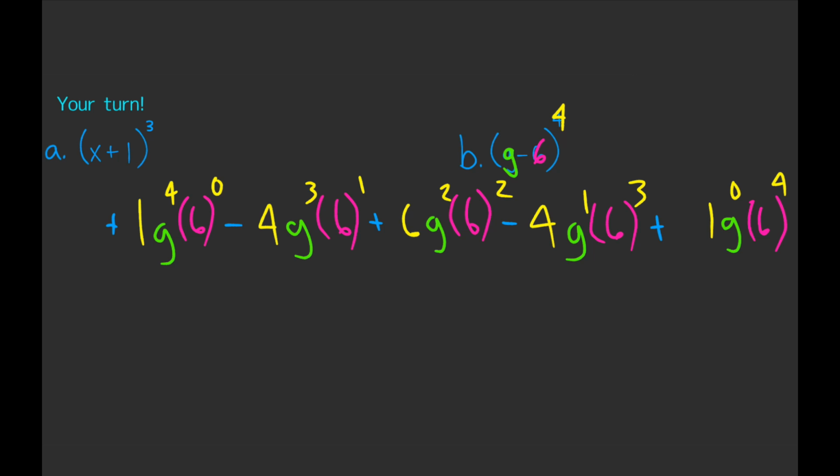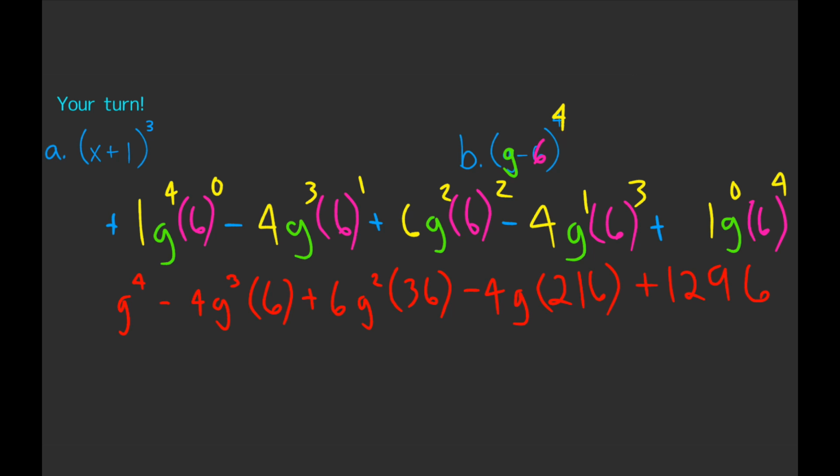So, first term, 1, don't need to write that, g to the 4th power, times 6 to the 0th power, which just equals 1, so don't need to write that, minus 4, g to the 3rd power, times 6 to the 1st power, which is just 6, plus 6, g to the 2nd power, times 6 to the 2nd power, which is 36, minus 4, g to the 1st power, which is just g, times 6 to the 3rd power, which is 216, plus 1, don't need to write that, g to the 0th power is just 1, don't need to write that, times 6 to the 4th power, which is